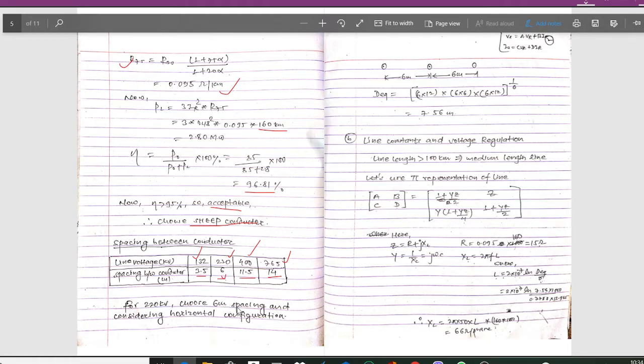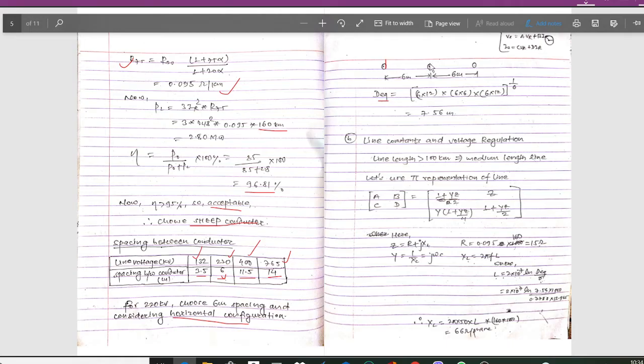And so for 6 meters, considering the horizontal configurations, the D equivalent will be calculated like this. If you consider this as a reference, from here to here we have 6 meters, and from here to here we have 6 plus 6, 12, so 6 into 12. Similarly, if we take this as the reference, from here to here we get 6